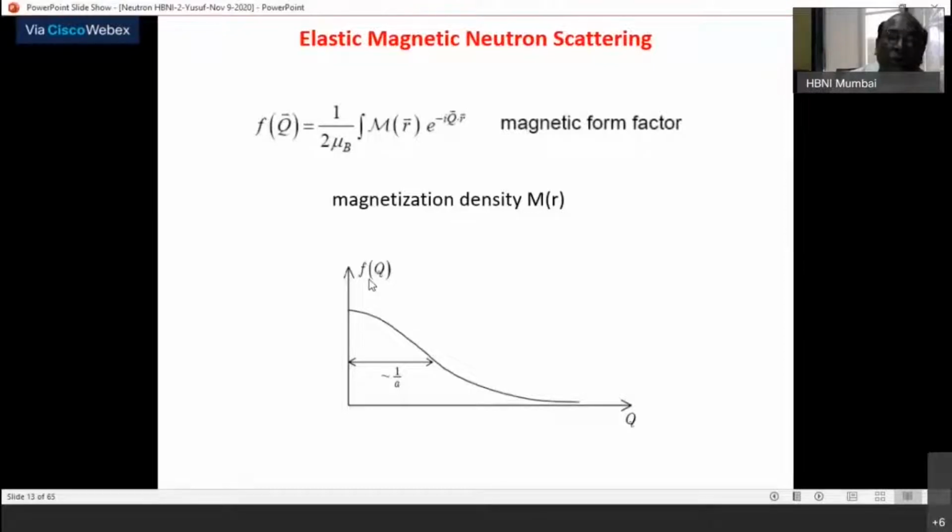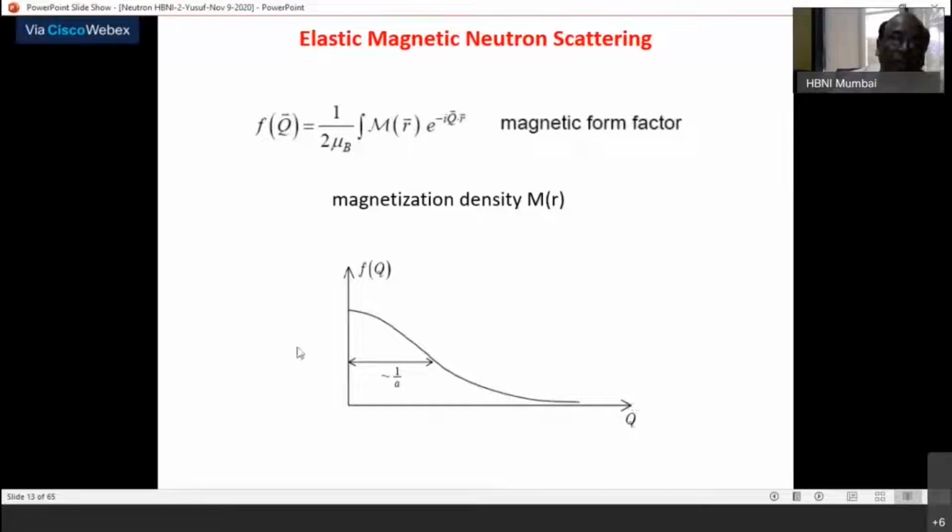But of course, as you can imagine, I must clarify at this point: in the case of X-ray diffraction, all the electrons, all Z electrons in your atom or ion, that electronic charge distribution, the Fourier transformation of that gives you the form factor. Whereas in the magnetic case, only the magnetization density distribution, meaning magnetization arising out of unpaired electrons in the 3d or 4f shell, causes this form factor. Okay, so that's why this is the form factor dependence.